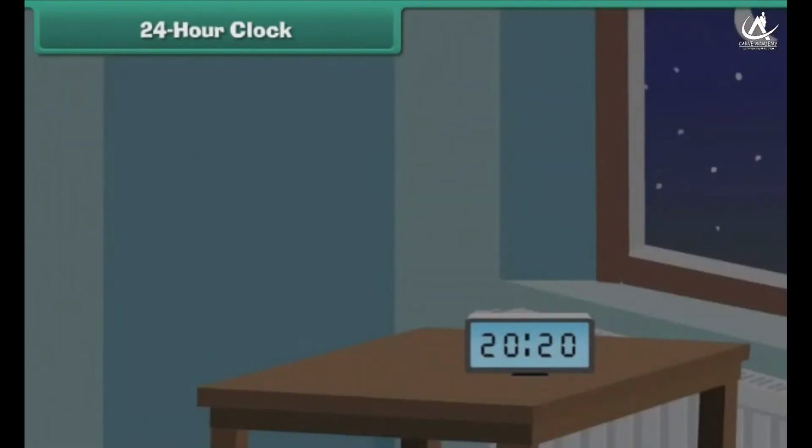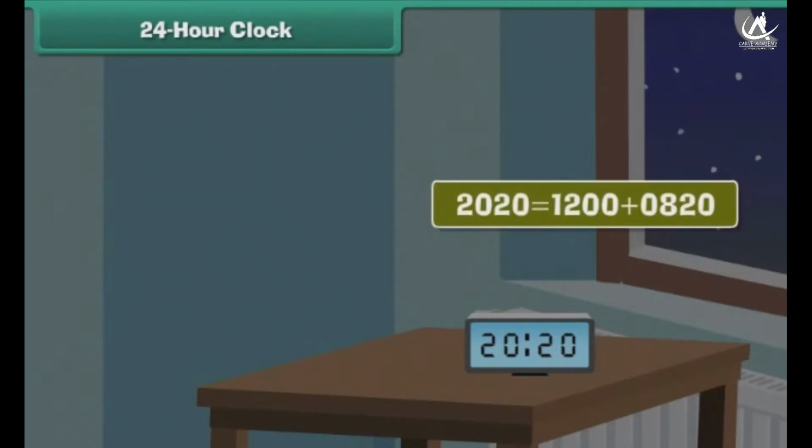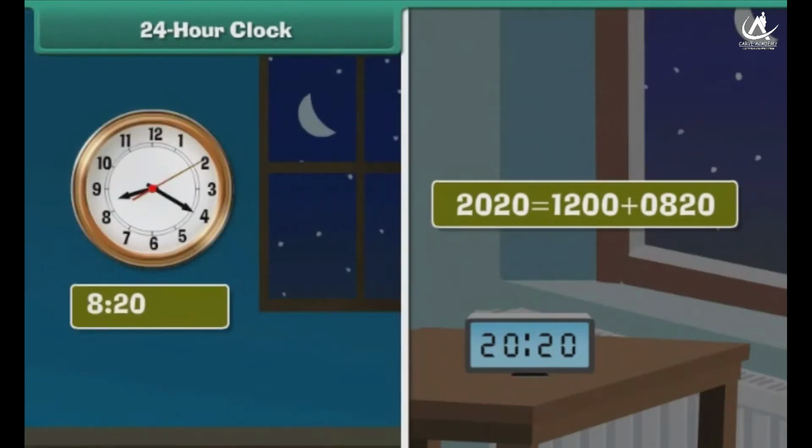Conversion from 24-hour clock. Let us now convert 24-hour times into 12-hour times. This digital clock shows the time as 2020 hours. We can write 2020 as 1200 plus 0820. The 12-hour time is 8:20. As 2020 is greater than 1200, we use PM with the 12-hour time. Therefore, the corresponding 12-hour time is